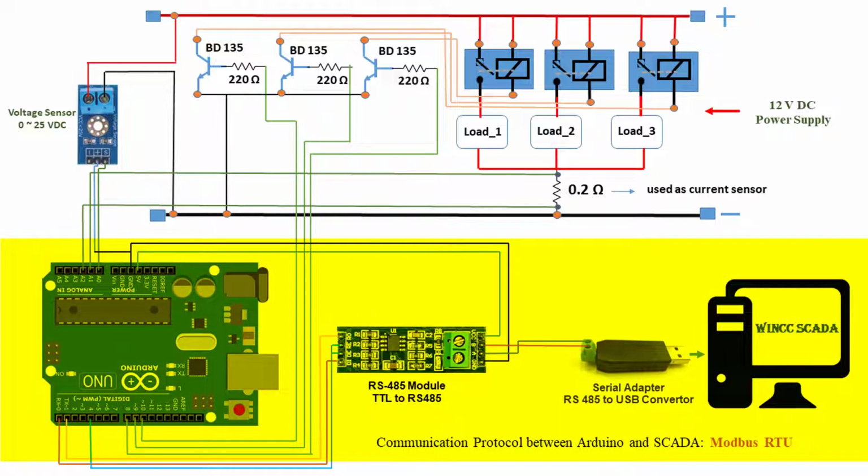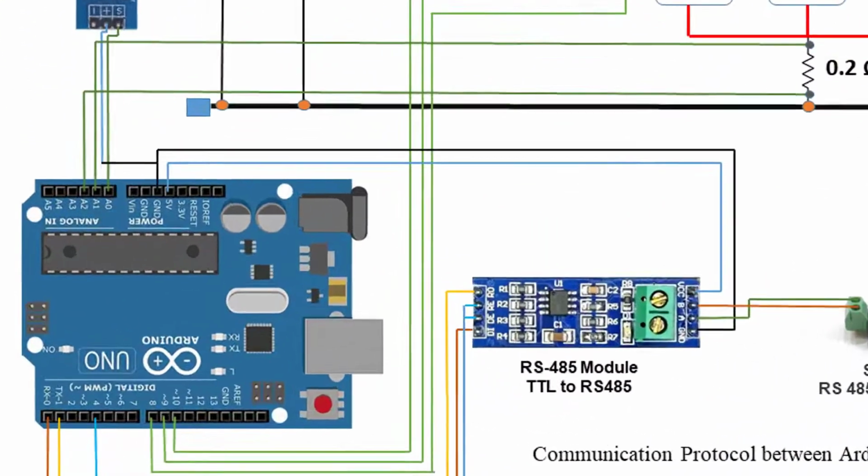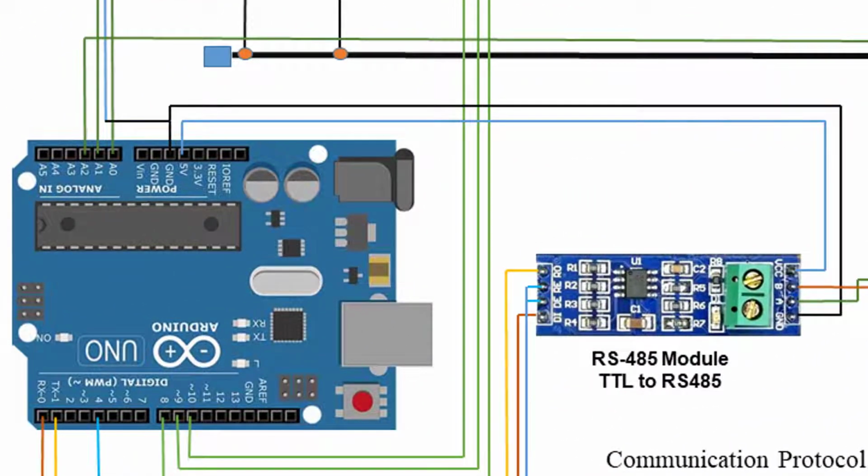Now take a look at the hardware connection for communication so that Arduino can communicate with the PC. Modbus RTU communication takes place on an RS485 interface or RS232 interface. Here we have chosen the RS485 interface for data communication between Arduino and PC. If we look at Arduino for communication with other devices like a PC or any other controller, Arduino has two pins, one for data transmission and the other for data receiving.